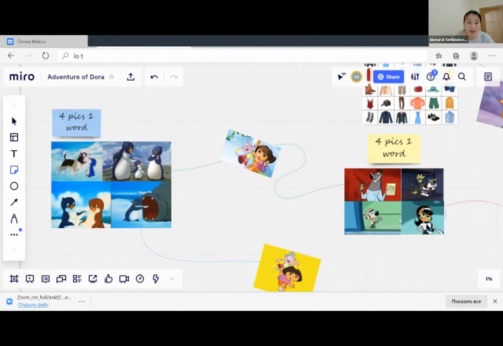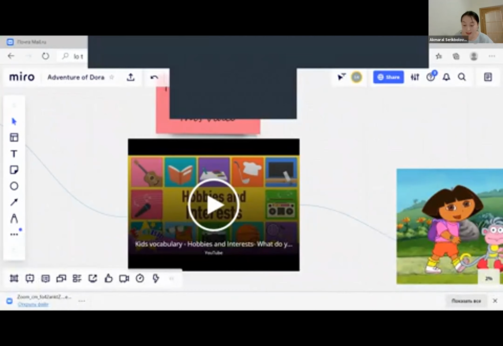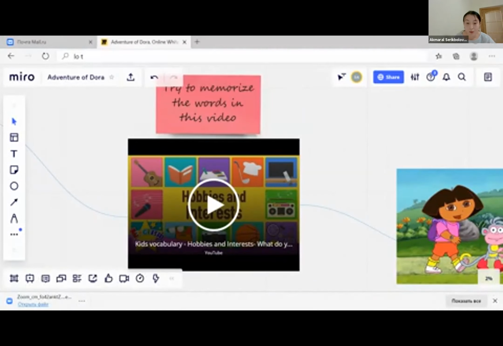The fifth task is a video task about hobbies and interests. We include this task because in foreign language teaching, video tasks are crucial and useful for students. Learners actually get to see and hear the concept being taught, and they can process it in the same way they process their everyday interactions. And you can notice that it is also possible in Miro. We attached here a video from YouTube.